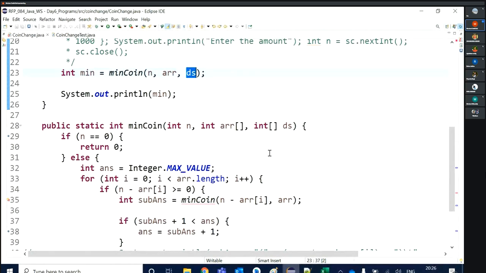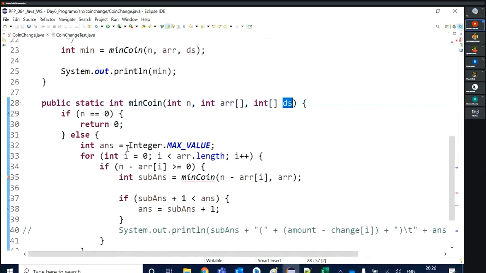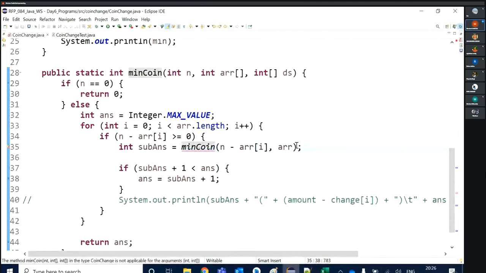And here, the ds array I need to pass in this recursion also. So up to this is okay. Now we need to think of our logic.